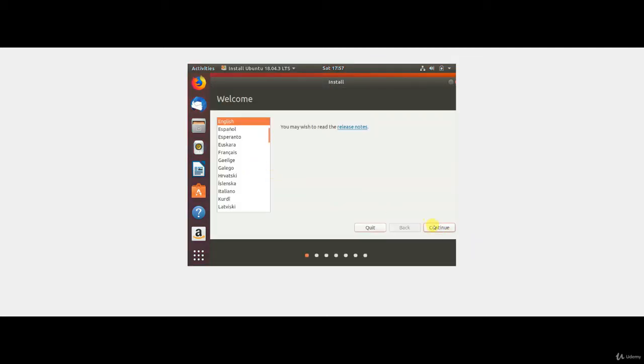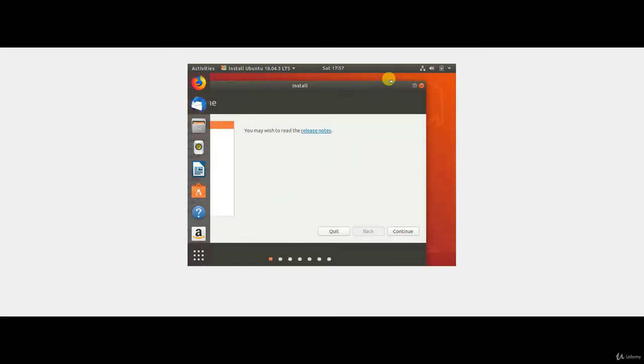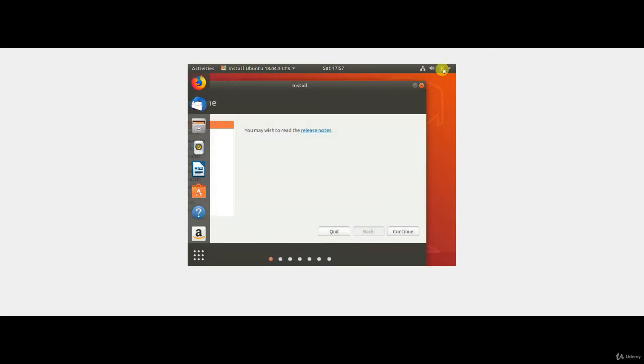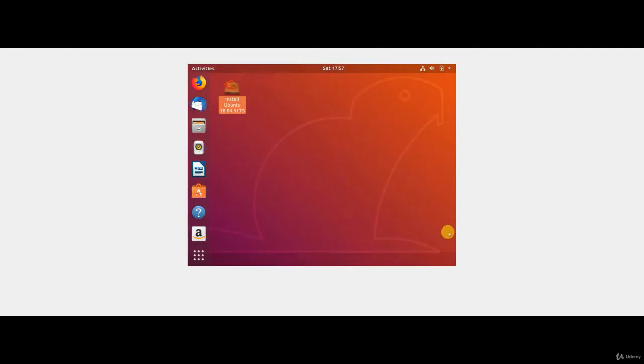So here you can see a pop-up has appeared and I can install this Ubuntu. From here itself I can continue. But I am not going to show you from here because it is very easy, anybody can do it. I am just going to show you from the OS level. So Try Ubuntu is something which I don't recommend. I recommend that you install it in order to learn something more. Okay, so let's do that.